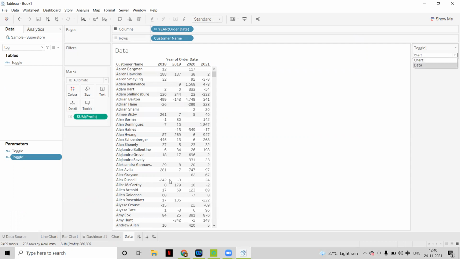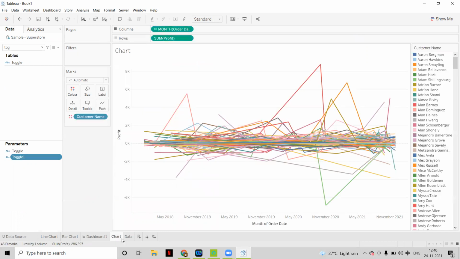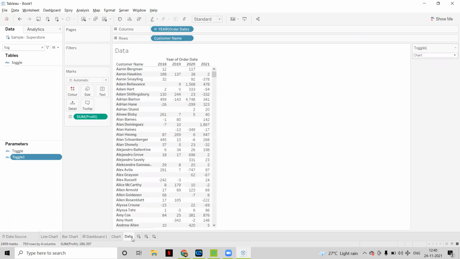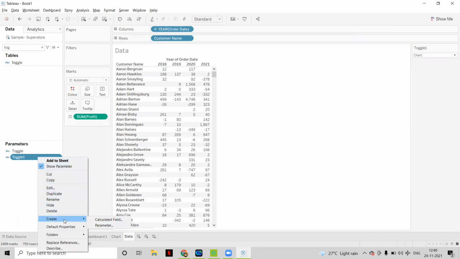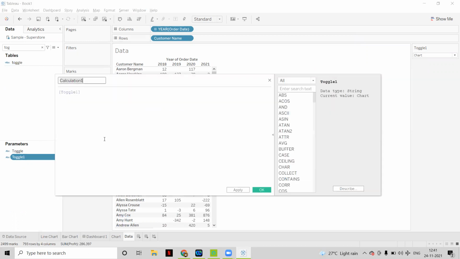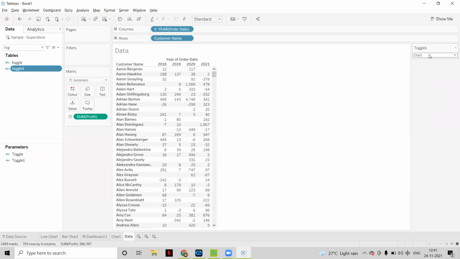If they select chart, only the chart sheet should show the data and the data sheet should be blank. So we will use this in a calculated field. Let's say toggle one equals whatever we have selected, chart. So for this sheet, we have to select data. To select the data first, drag this calculation into the filters.